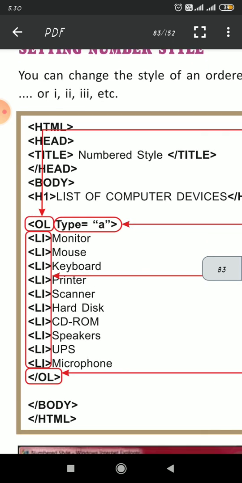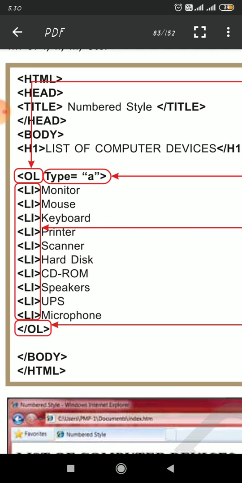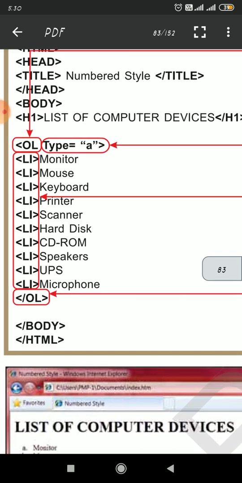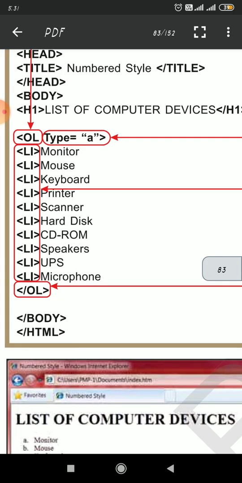For that, you write OL type equals to inverted comma A, as you write square, circle, disc in the UL tag. So here you will write A, Roman, capital A, small Romans, and close with /OL.